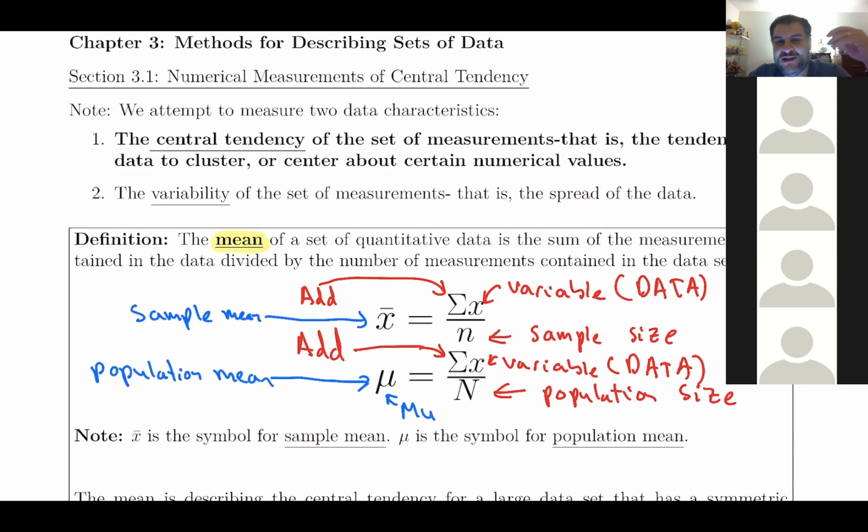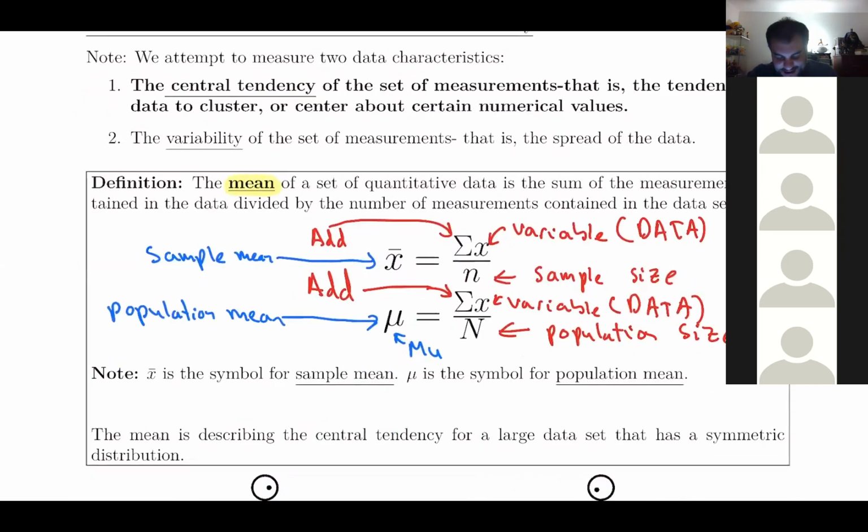So you do want to understand that anytime you see mu, that stands for the population mean. Anytime you see X bar, that stands for the sample mean, because we are going to be seeing this notation in further formulas, all the way till we get to chapter 14. So you do want to understand that mu is the population mean, X bar is the sample mean. All right. Everybody good with that? All right.